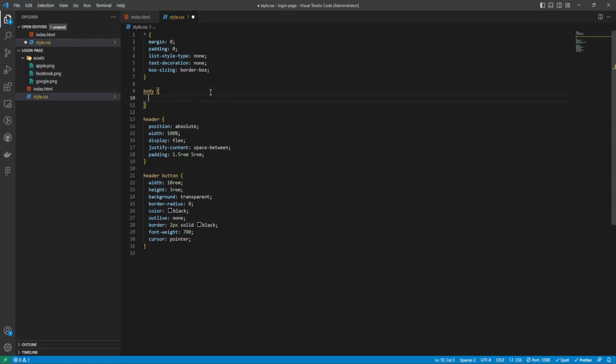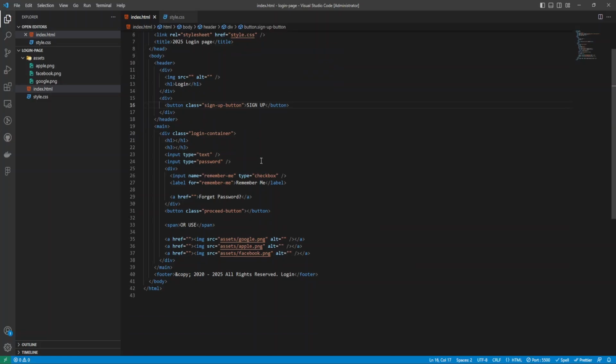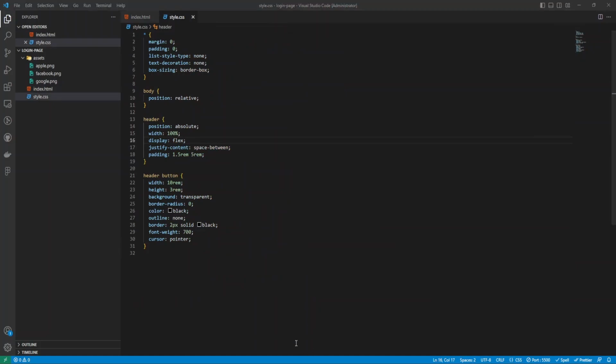And for the body, you're going to say position relative. Okay, looking okay. And now for the main, actually, what we want to do is for this part, like the half of the page, to have some kind of linear gradient as its background. So to have the background as a linear gradient,